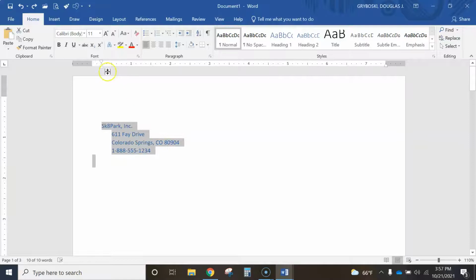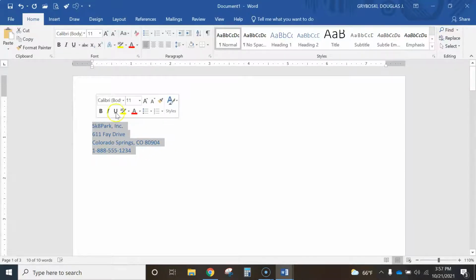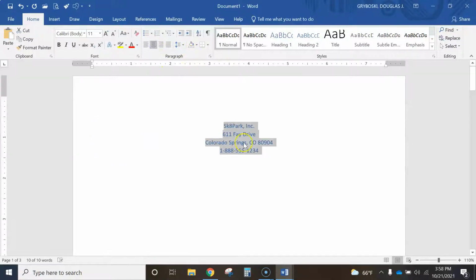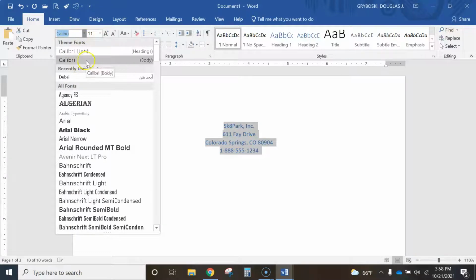So if I just select all of it and I put all of this back to the left margin by grabbing that bottom little box, now it's all left aligned, which is good. There's no indents. And now I can hit the center, and that's much better. And then, of course, we need to change it, right, to